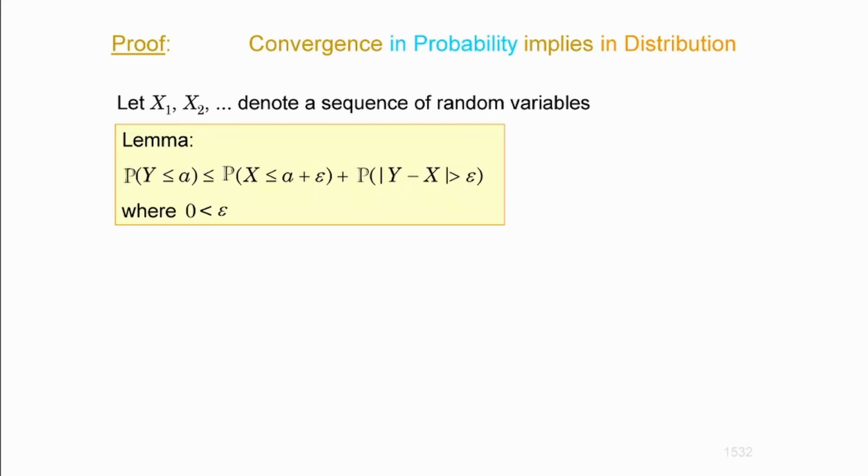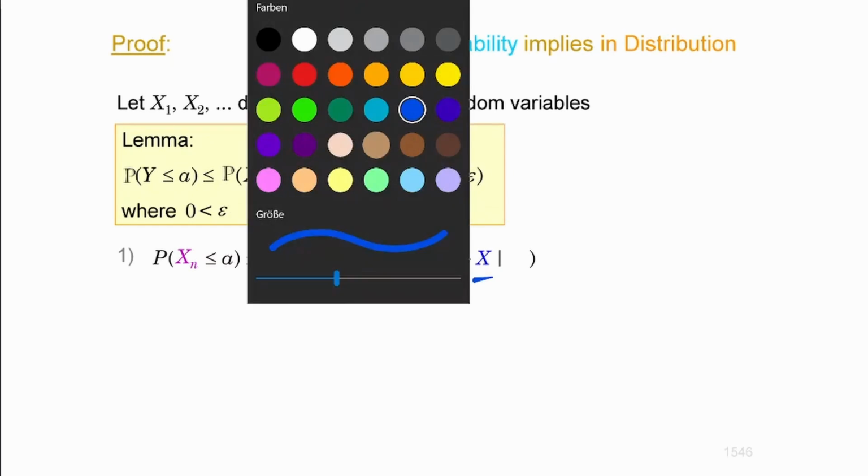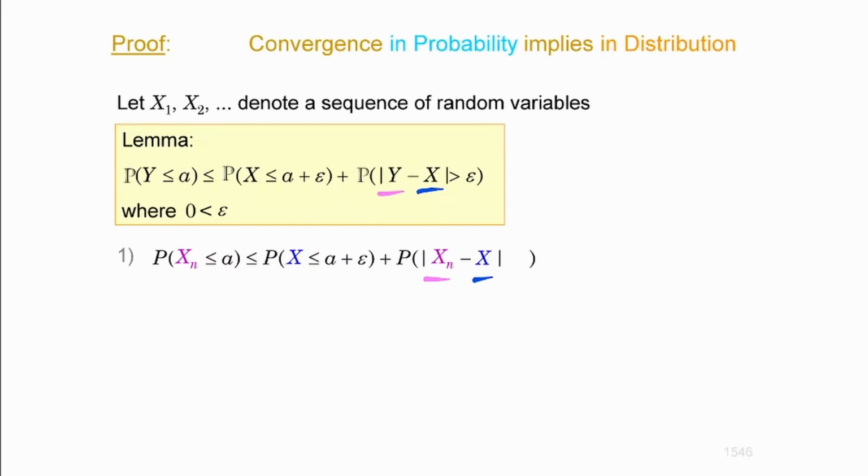Now I'm going to apply that twice, where epsilon is just greater than 0. In context for Xn and X, y becomes Xn, and x will be X, the limit. Then I'm going to plug it in. So x is X, and y is Xn. These are the members of the sequence. That is true. I'm going to assume later on that you have convergence in probability. Now, that's number one.